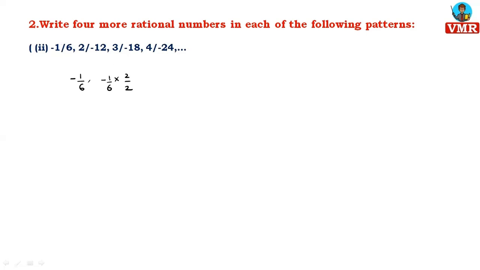See here, minus 1 into 2, minus 2, divided by, here the denominator is actually plus, we have to take the minus on the denominator side because it has minus 12 in the denominator. So 1 into 2 divided by minus 6 into 2. 6 into 2 is 12, 1 into 2 is 2. So that's why 2 by minus 12,